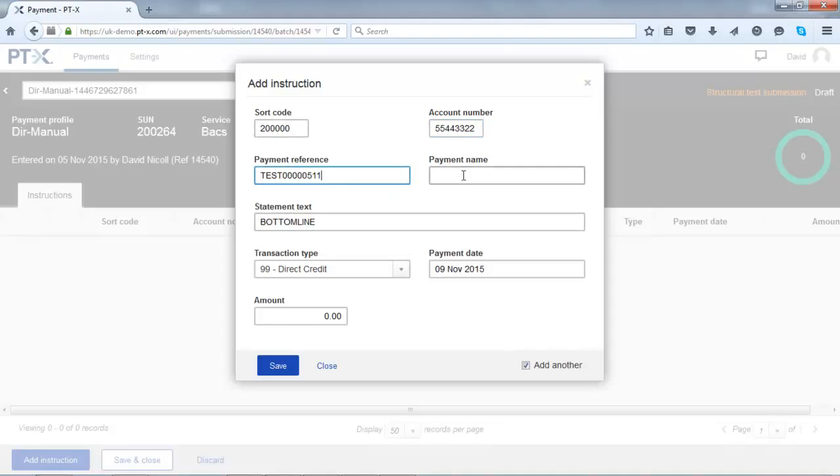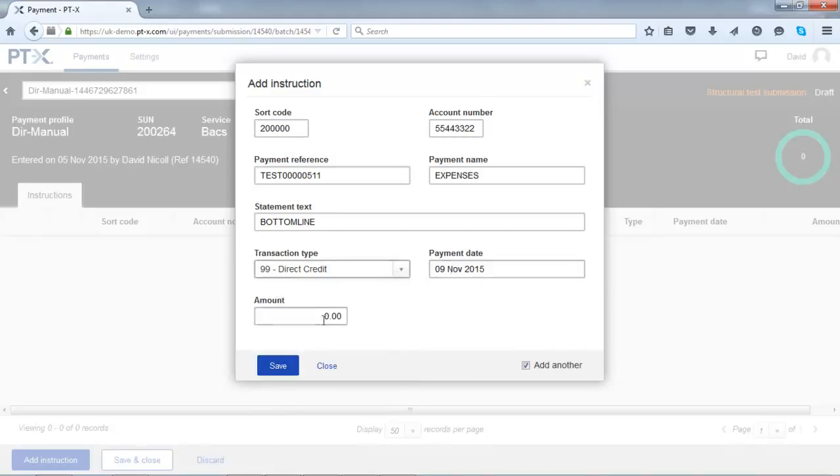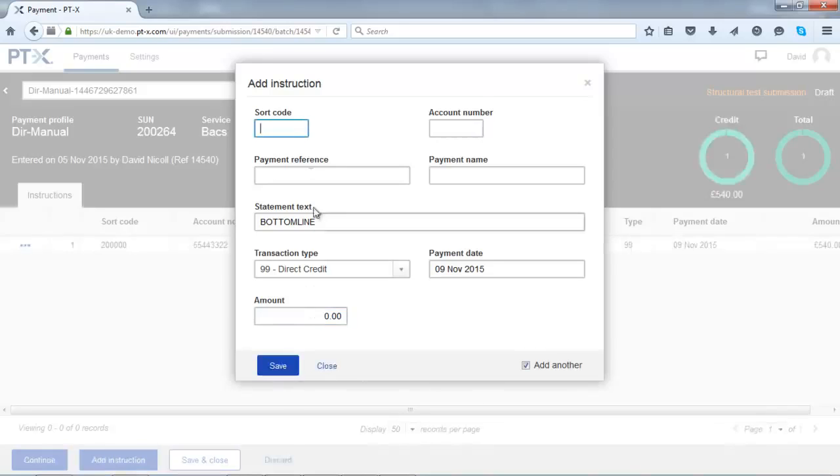We fill out this form with the payment details, and you'll see we've got transaction type in here as well, so this could be used for direct credits or direct debits or even IDIS transactions, and we can specify our payment date in here as well. So I'm just going to put in a value there. Now when I click save, I've got the option of either stopping at that point or carrying on and adding another transaction. So I'm just going to go ahead and add in another transaction,